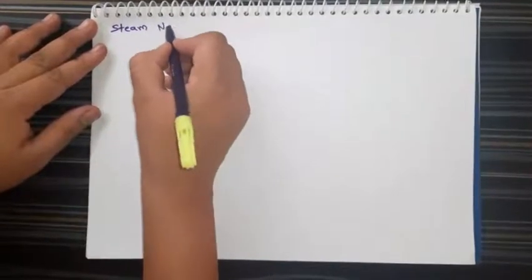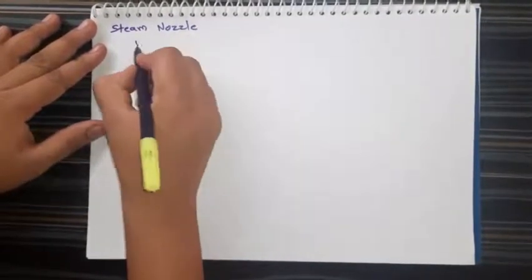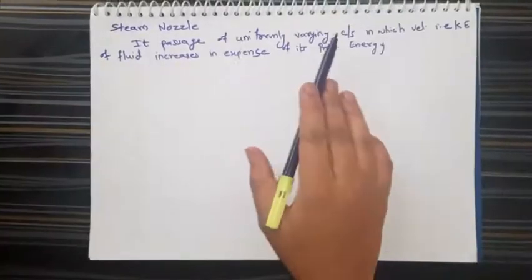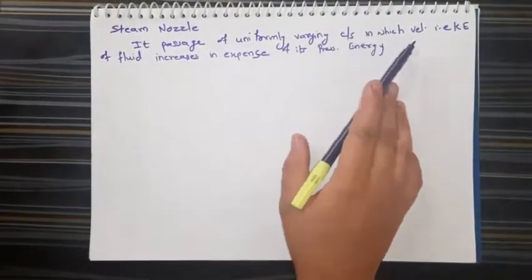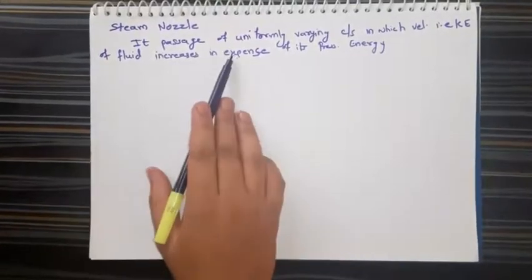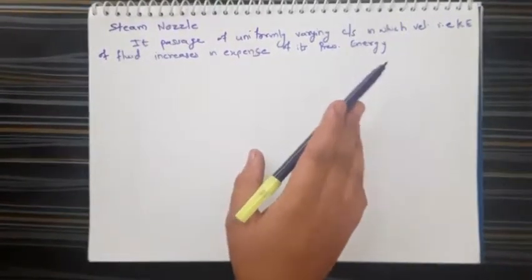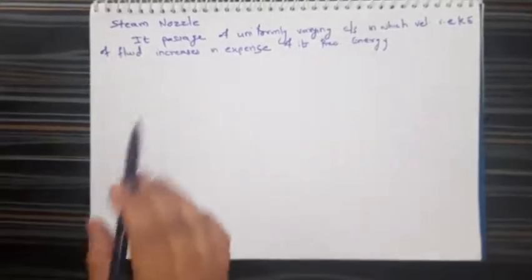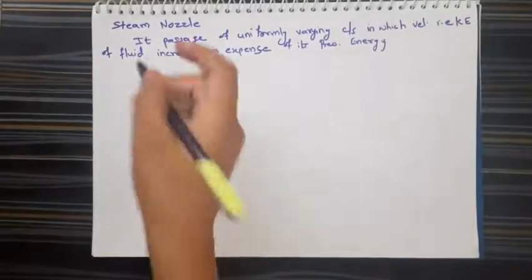Hello everyone. Today we will start another topic, that is steam nozzle. It is a passage of uniformly varying cross section in which velocity, that is kinetic energy of the fluid, increases at the expense of its pressure energy. So as per the definition we can see here, it is used